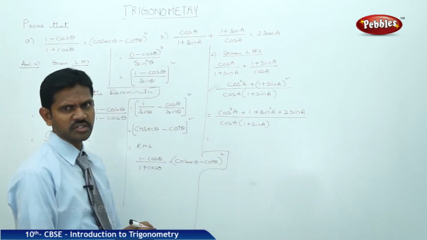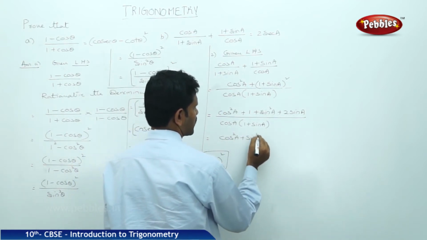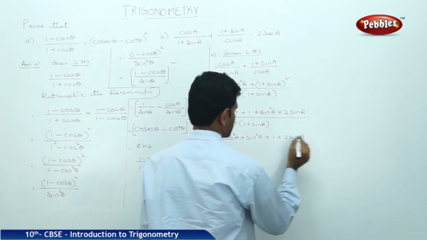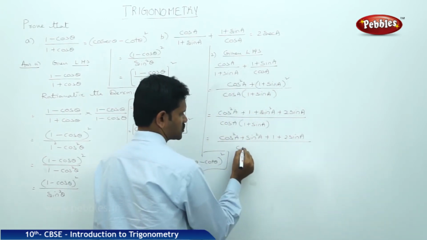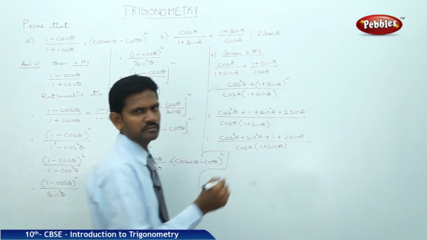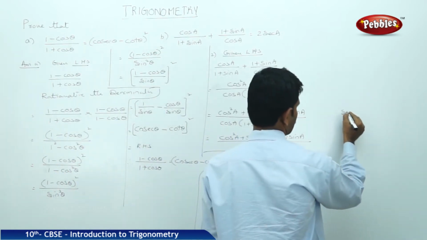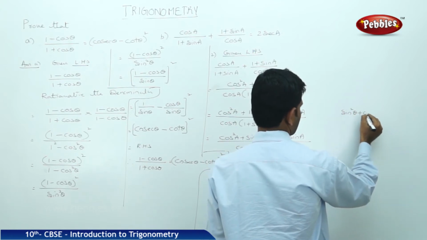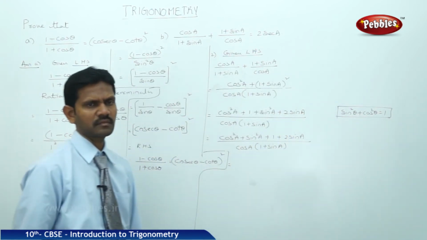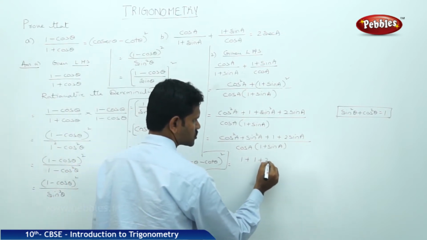that is arrange this in order, cos square A plus sin square A plus 1 plus 2 sin A by, write the denominator as it is, cos A into 1 plus sin A. We know very well, since sin square theta plus cos square theta is equal to 1, that is cos square A plus sin square A nothing but 1, plus 2 sin A